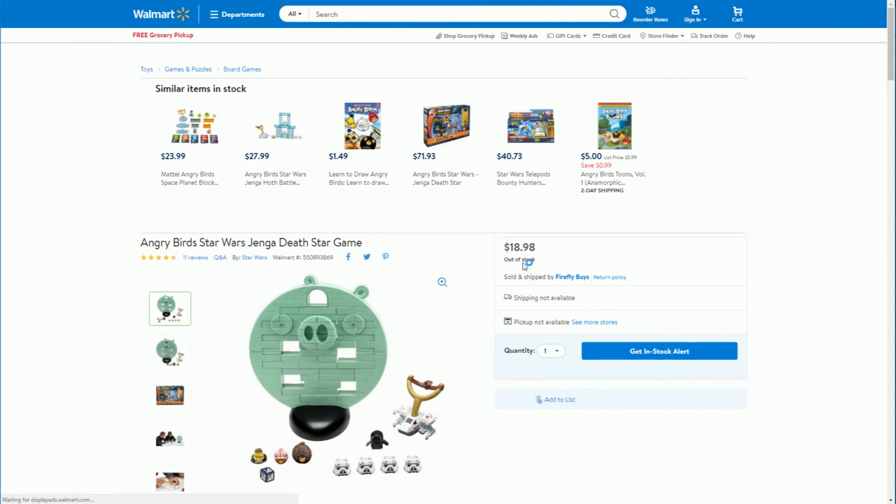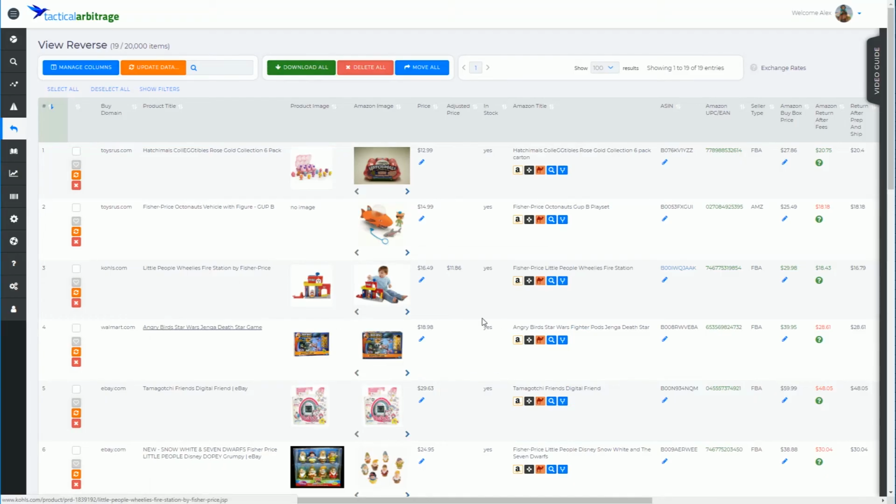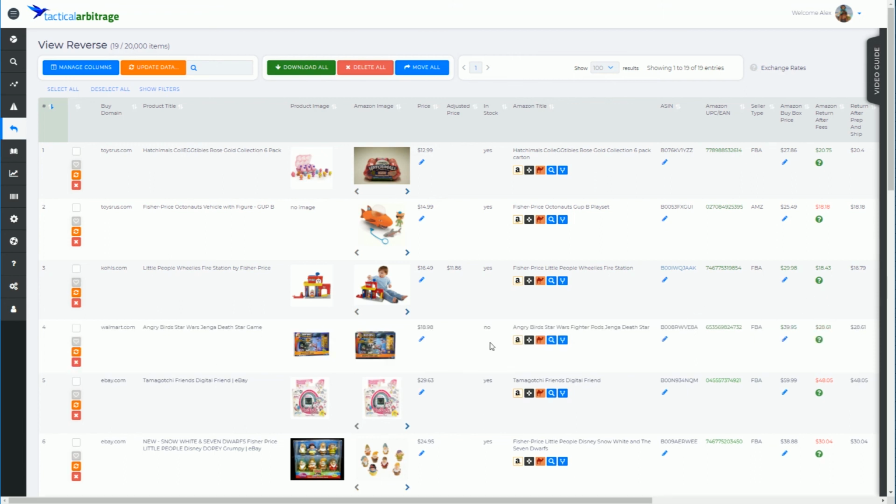All right, it says out of stock. So we should be picking that up and saying no here, but this is a cached scan, not a live scan. So how about I just update this product so it goes live? That'll update everything on this row. If after the update this still says yes, and it doesn't, it now says no, which is a clear indicator that we do have the correct algorithms in place to detect a live scan of this and whether or not